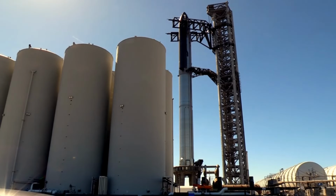maintaining required strength margins. The landing leg deletion on Ship 36, following SpaceX's commitment to tower catches for ship recovery, saves approximately 5 tons of mass. This mass savings translates directly into increased payload capacity or extended mission duration, demonstrating the compound benefits of the catch